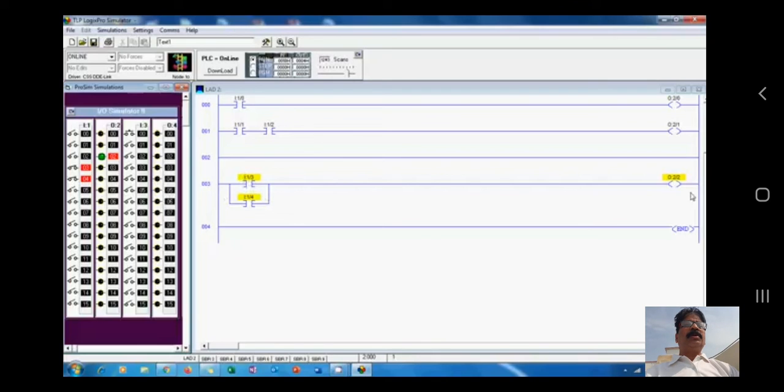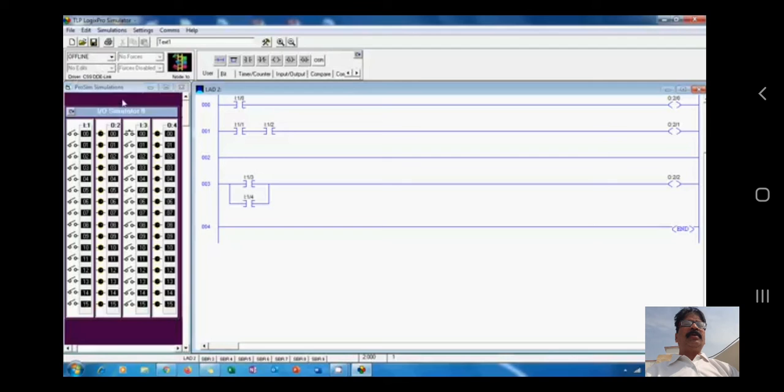Switch 2 is true, output is true. You will get the output of the OR gate when both the switches are 1 or any one of the switches is 1. You can verify the truth table by using simulation. That is 0 0 output is 0, 0 1 output is 1, 1 0 output is 1, and 1 1 output is 1.